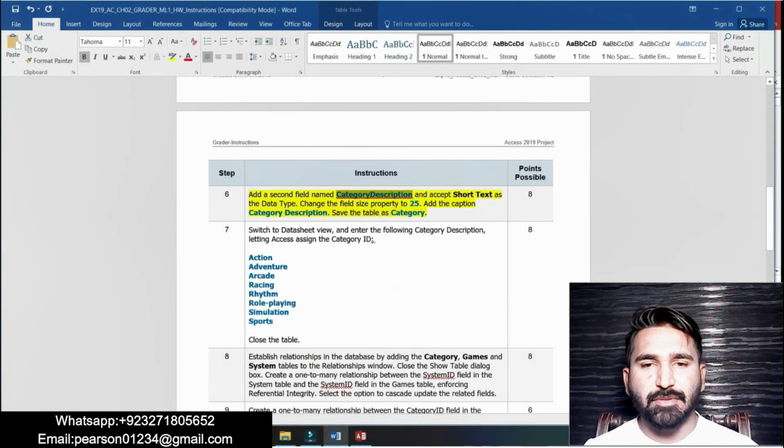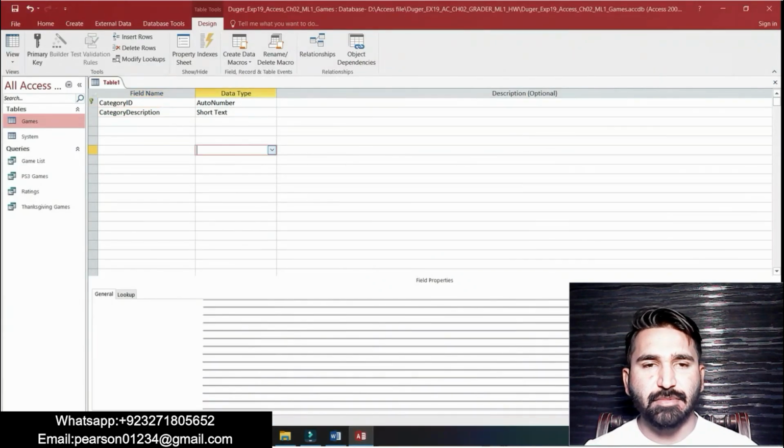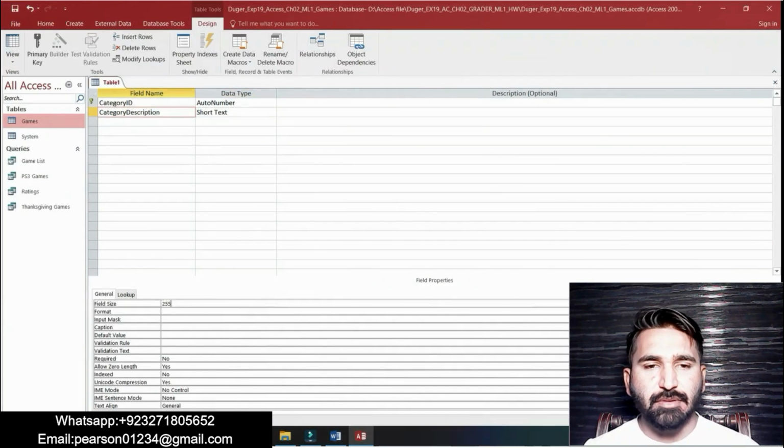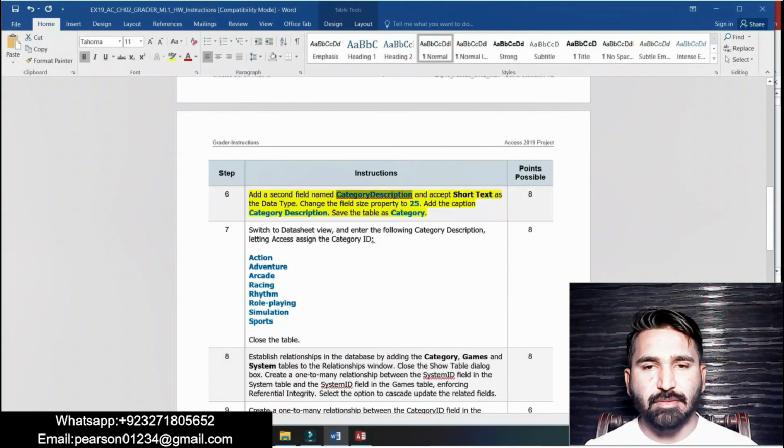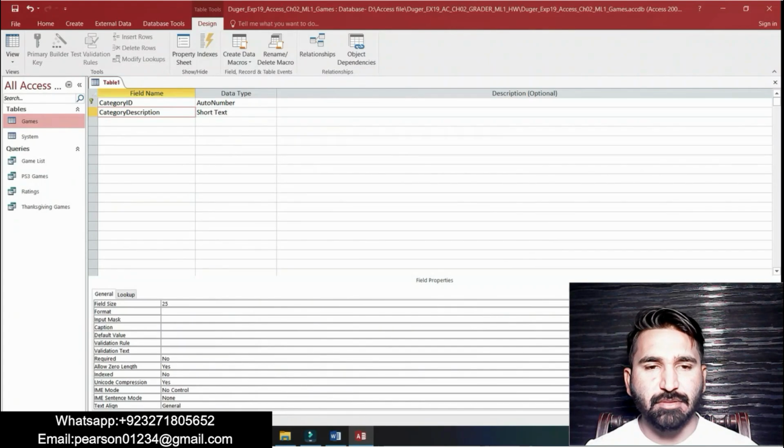Change the field size to 25. Okay, it's done. Add the caption: category description.